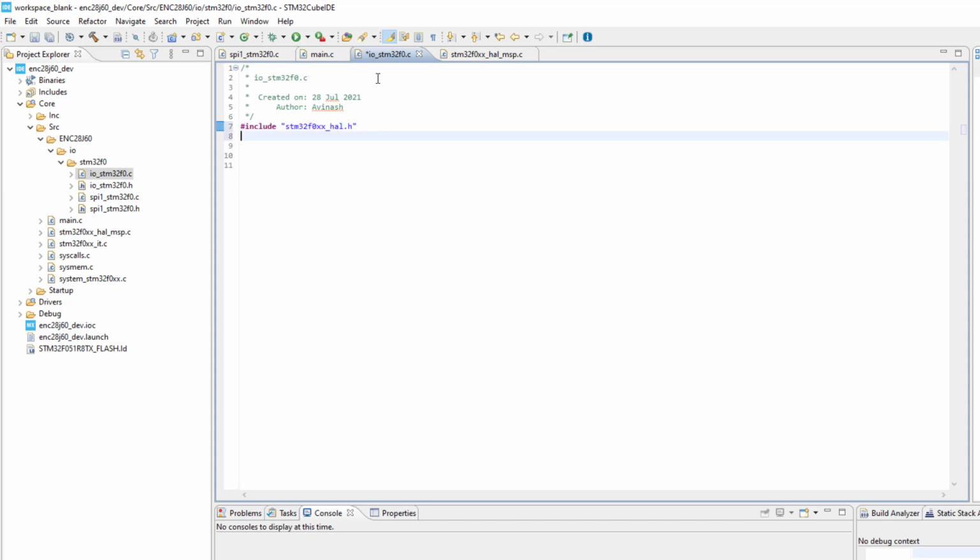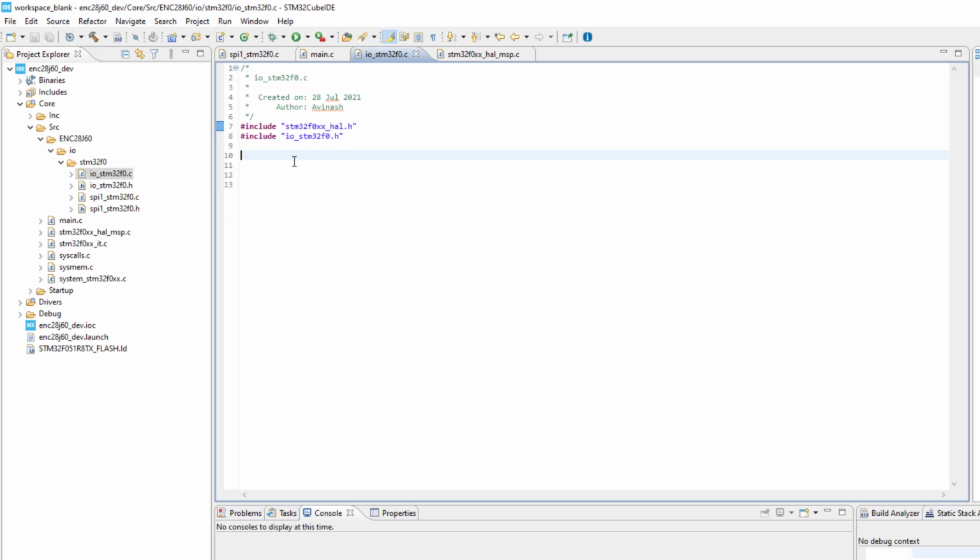And the second include we will write like this. Done. The include part is done, and now we will add functions to this file also.